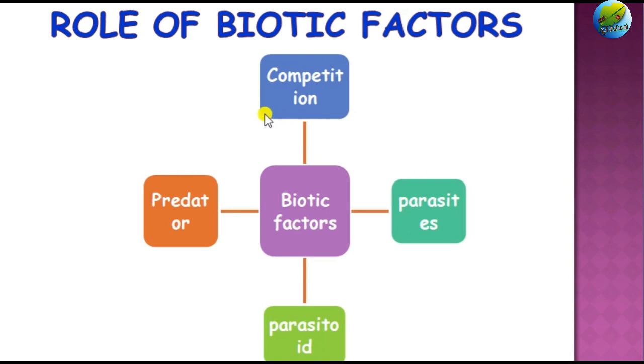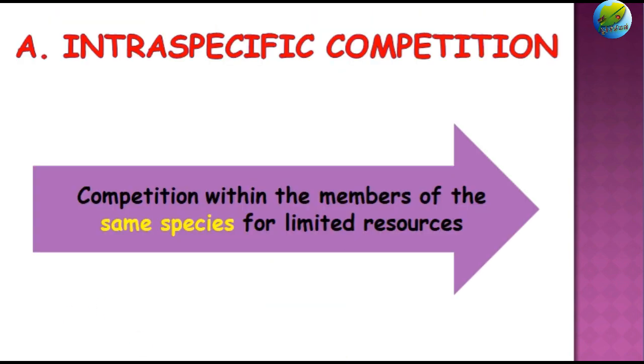First one is competition. For at least part of a lifetime, the members of an insect species are likely to be competing with one another or with the members of another species for limited resources like food, mates, suitable site for oviposition or pupation. Such competition operates whenever the population is increasing and the resources are limited. There are two types of competition.